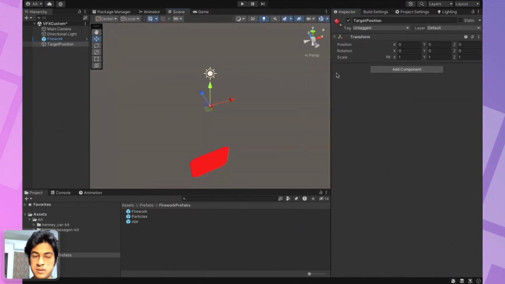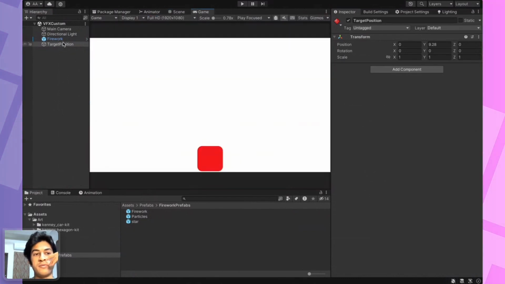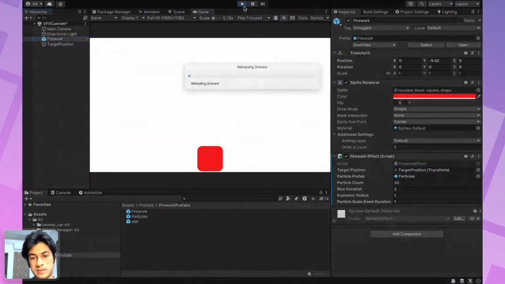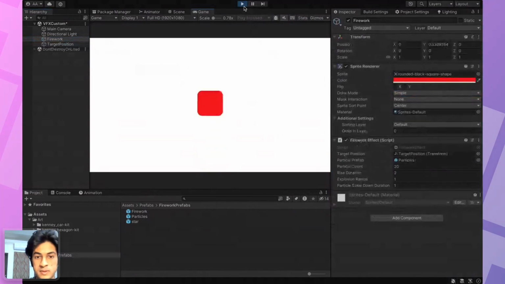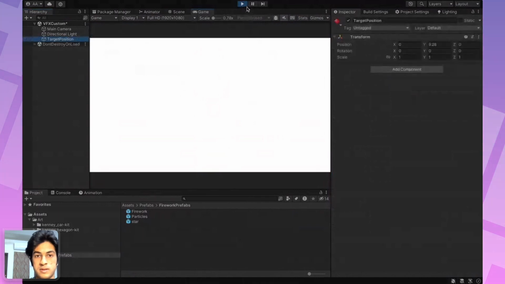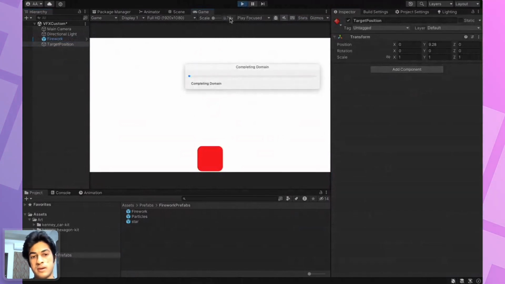Let's go back to the scene. So I think, okay, it's going to look like this, centered up. And I think if you press play, the fireworks should rise up into the air and do kind of an explosion. Let's test it out. Yeah. So it did explode, it did move up into the air, but we have some problems with it.